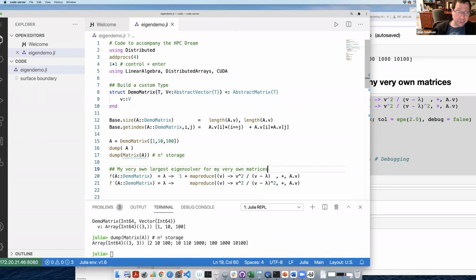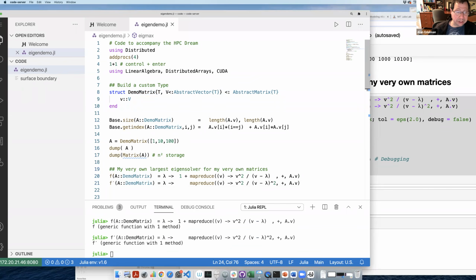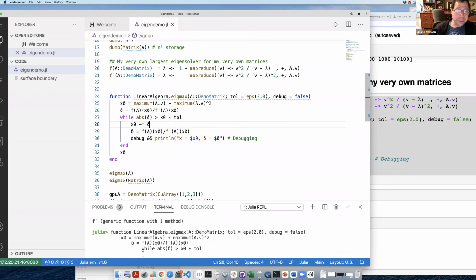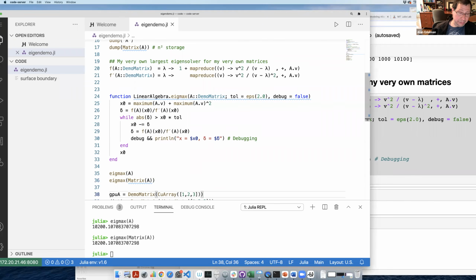Here's what it would be stored if you convert it into a full matrix. And now there's my special eigensolver, which I'm not going to explain, but I'm just going to run it. All I'm going to do is show you that my thing gives an answer of 10,200, and the built-in library does it slower, but it also gives 10,200.